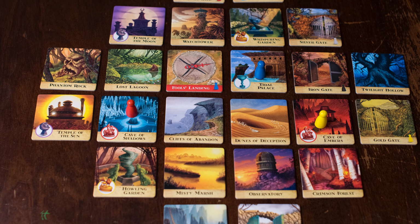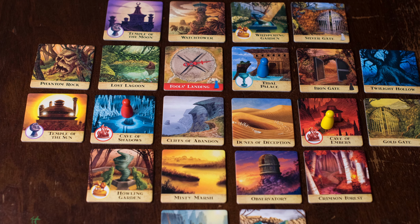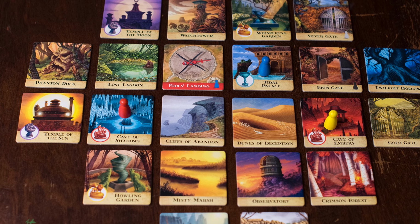So in Forbidden Island, you are going to an island that is sinking. Every turn, parts of the island are going to be sinking down. They flip over, then eventually the tiles get completely removed. There's treasure you're trying to capture. You're trying to trade in some cards. Kind of again like Pandemic. Get the treasure before the island completely sinks under your feet, and you win by getting off the